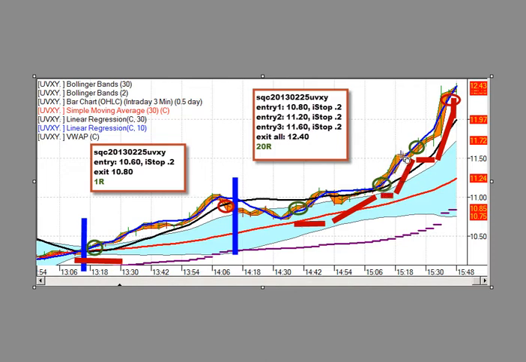Gets up here to 1150. It goes sideways, never even really threatens to retrace. And then after 6 or 8 minutes, it resumes again. So we add a third position at 1160, again with a 20-cent stop. And we're managing our stops all along the way. And then it just takes off and runs amok in this half-hour period and gets all the way up to